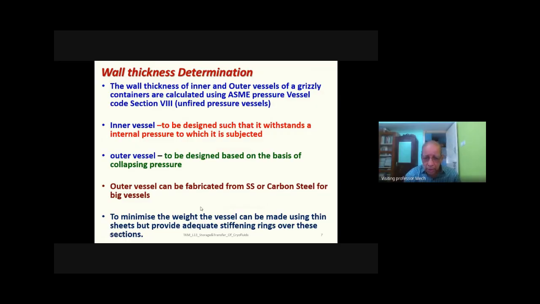Now, to minimize the weight of this vessel, one can start with thin sheets, but provide adequate stiffening rings over the various sections. So that also is another option that is available. So this is essentially done to minimize the